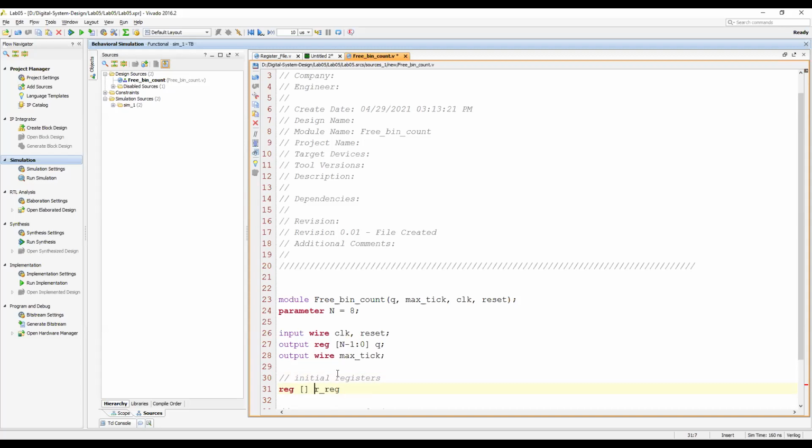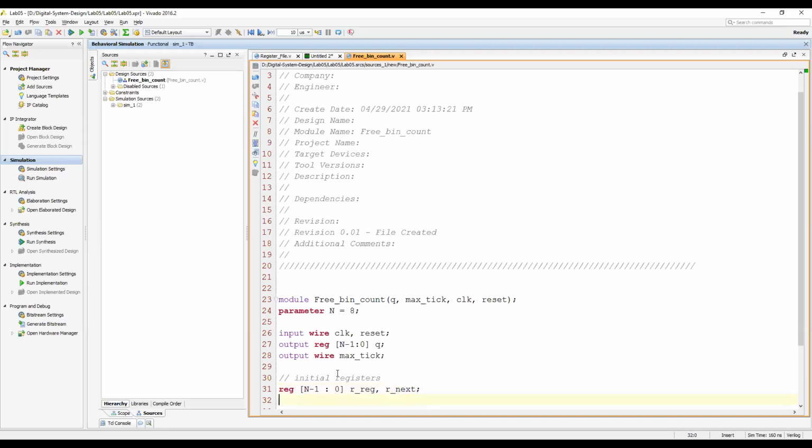What is the size? The size will be n-1. Okay, so the R_next. If you're doing R_next in the always block, then it will also be reg. Let me put R_next here also.